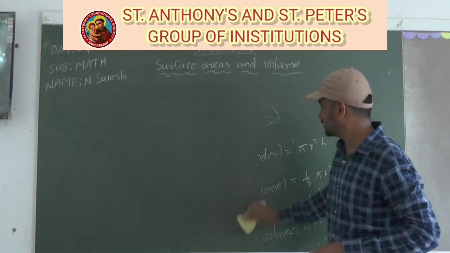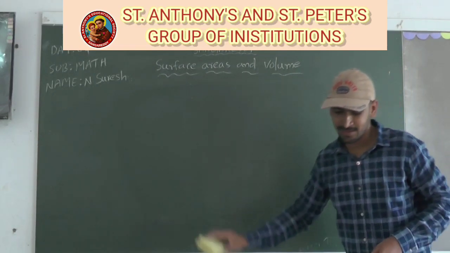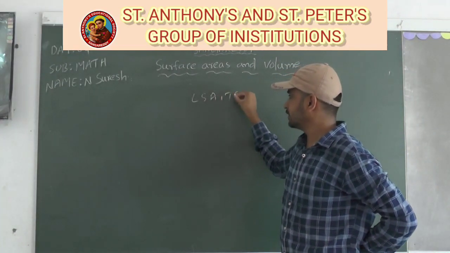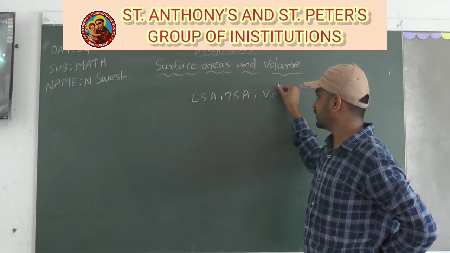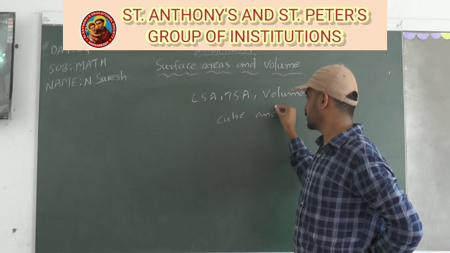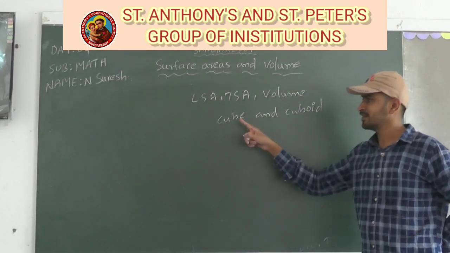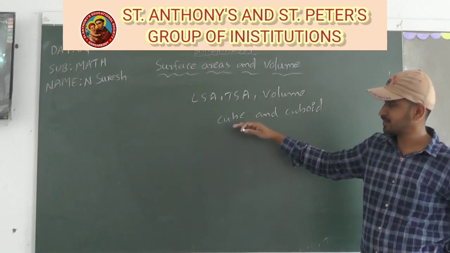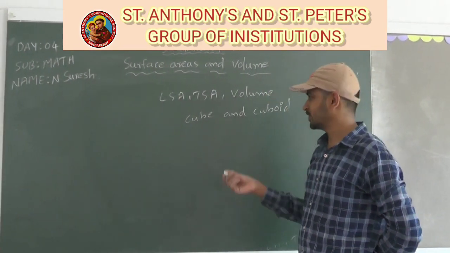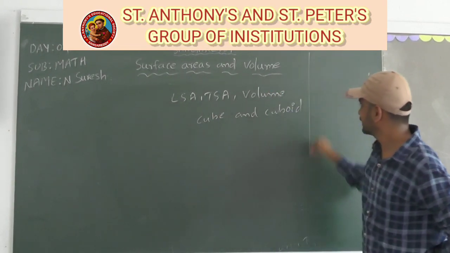So still one more objective is left over. That is, we have to solve the textbook problems which are related to the formulas of LSA, TSA and volume of cube and cuboid. Already we discussed all the related formulas and problems on cuboid. Once again we have to see some problems which are related to our textbook. So we have to see the formulas for cube. What are the cube formulas? Shall I write here? For cube,